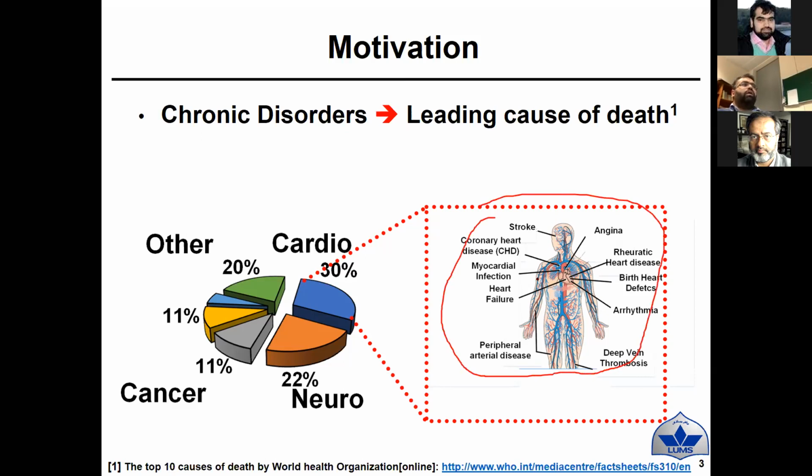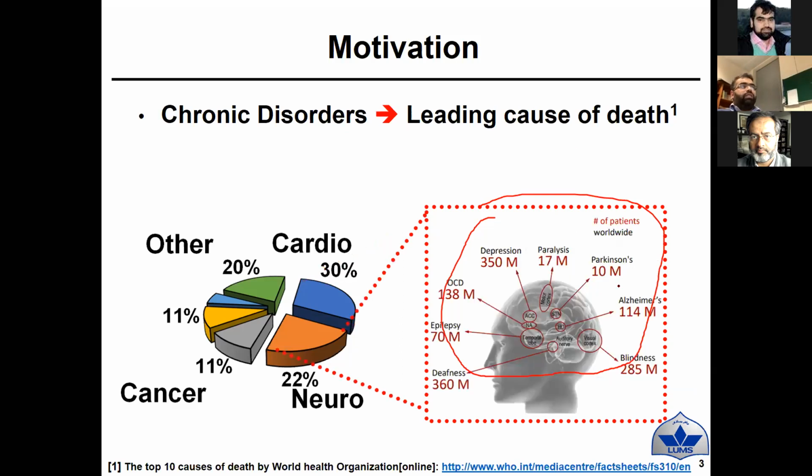For example, cardiovascular disease is not a simple disease. It has a combination of a lot of symptoms. It can be stroke, it can be coronary heart disease, it can be heart failure, it can be deep vein thrombosis, it can be angina. Previously, we just used to have one thing known as heart attack. But now we are all familiar with a lot of terminologies, whereas 30 years back we just had one: okay, he has some issue in his heart. So we need to look into all of these things and understand them, and then we can do the cure.